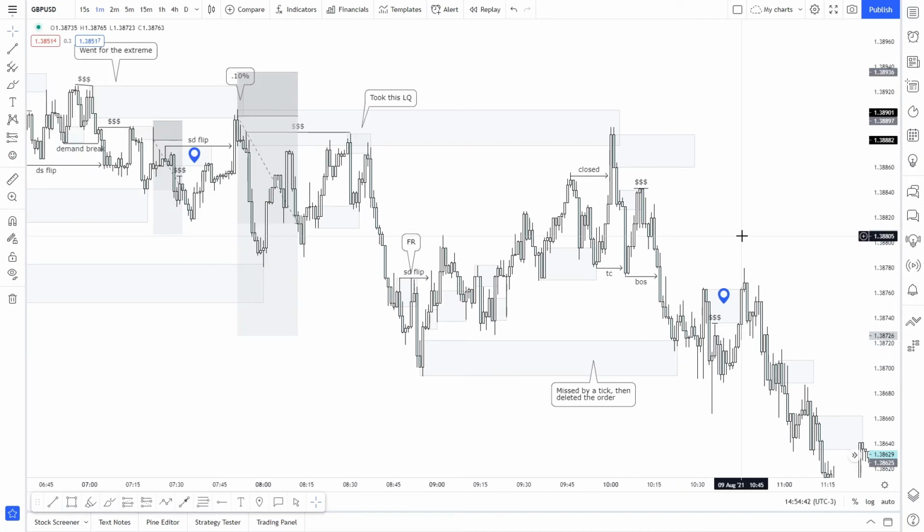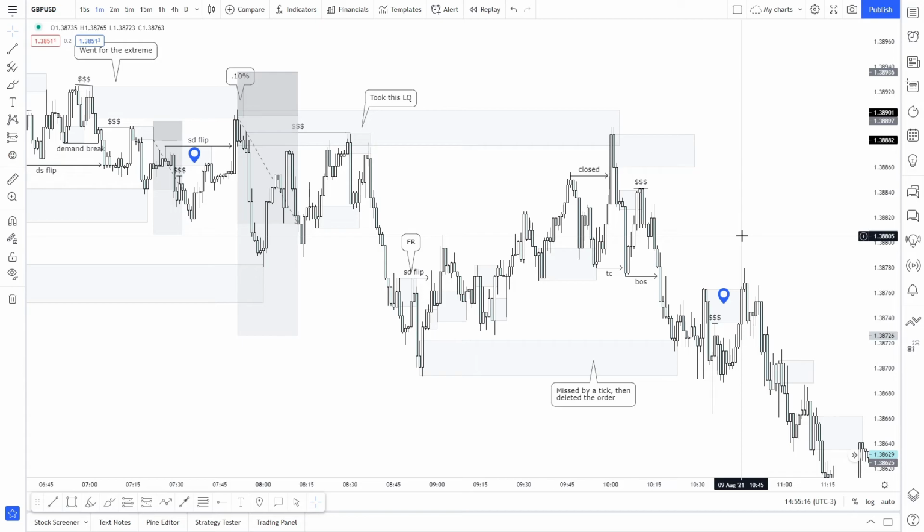I just use NGU, so I have no idea if it works on other markets, such as the stock market or something like that. I don't trade that, so I can't really say for sure. But what I was trying to say is that there will be days, such as the Monday that I showed first, where you'll have such clean price action that by catching every single supply to demand flip on the cause or the extreme, whatever you want to go for, you might end up with